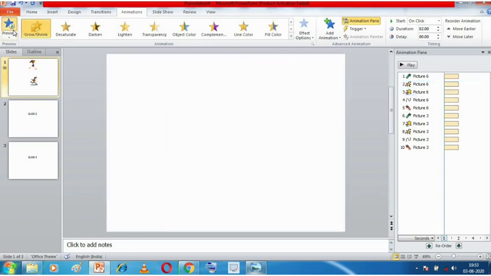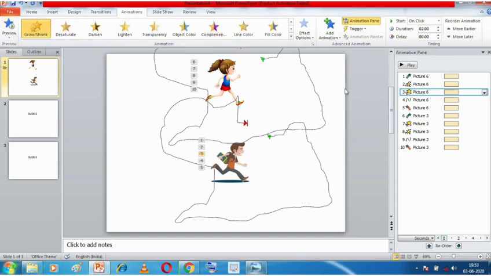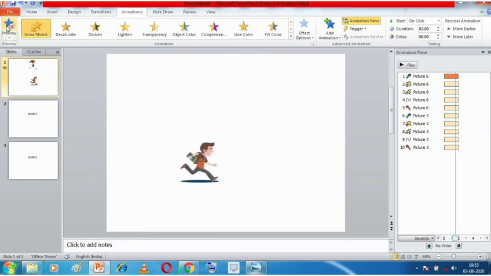See the preview. Now it will rotate first and then it will grow. Why? Because I've changed the position of the animation. So if you don't want that, click on the third one and go to move earlier. Now it will again happen according to the previously selected order. Now it will grow first and then it will